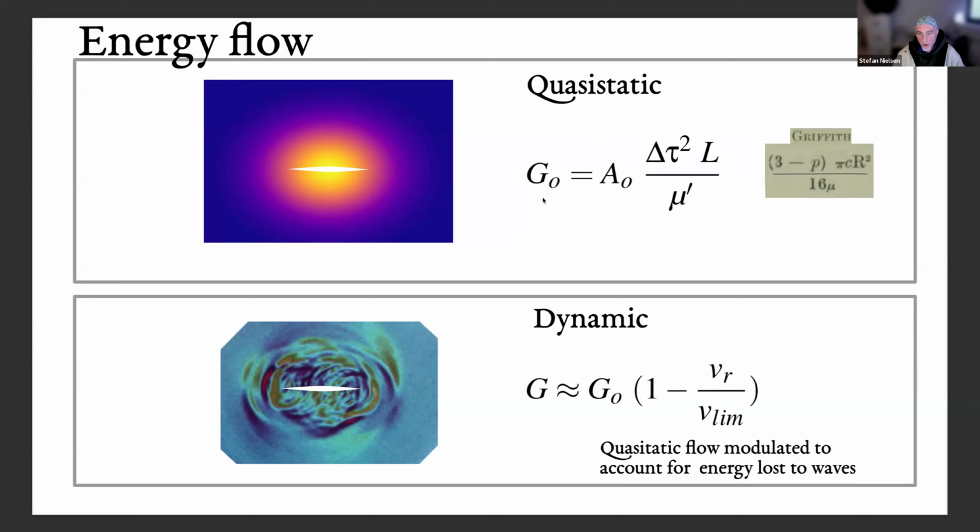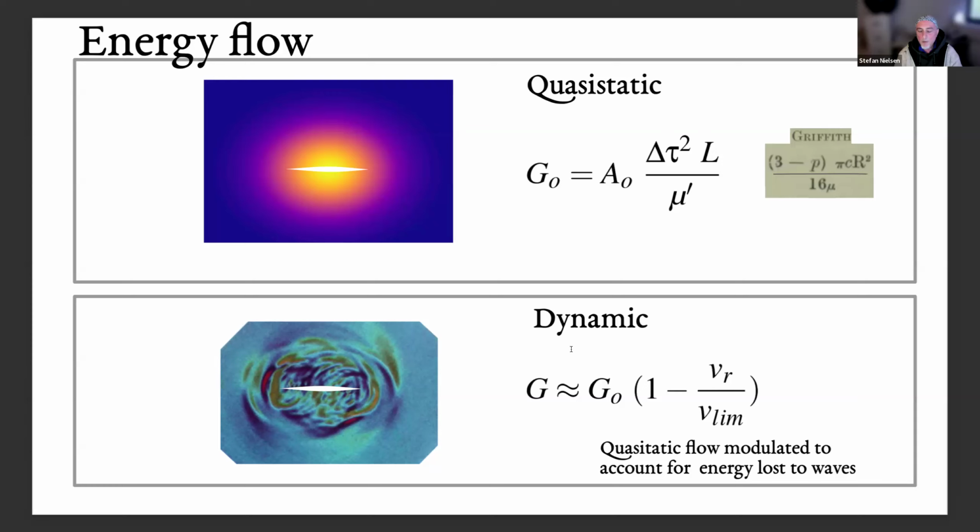I call it here G0. It's proportional to the length of the crack times the stress drop squared. Now, that's again the same as Griffith's criterion here. If you replace the symbols by their value, R is the stress, C is L, and then there's a geometrical factor, which is a little different because Griffith was working in 2D. Here, I just don't assume any geometry, so I give a general factor.